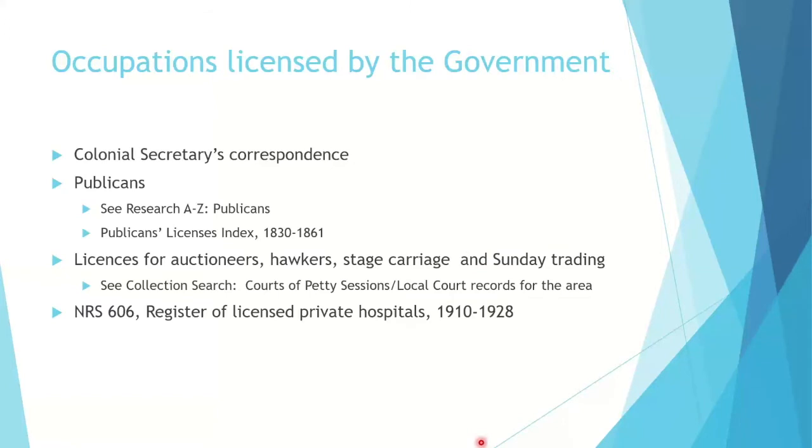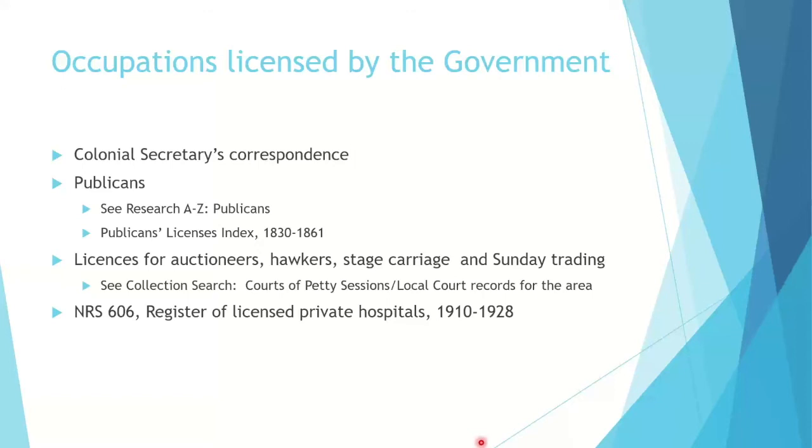So thinking about licensed occupations, this is where we're talking about the publicans and the hawkers and the auctioneers and those sorts of people. You might early on think about the Colonial Secretary's correspondence, but we do also have a guide on our publicans records, in our Research A to Zs, and we've got a publicans licenses index, which is 1830 to